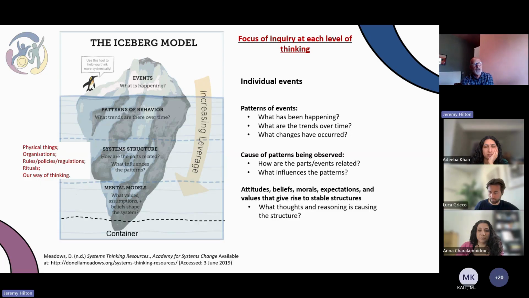And if we can start sharing our mental models and understanding how others are thinking and their thoughts and reasoning, this is the difference between the doing to and the doing with. If you do to, you change the deck chairs on the Titanic, you just deal with the events. You might put a new process in place and try and influence the pattern of behavior. But if you want sustainable change, it's actually working with people so they choose to change. They choose to improve.